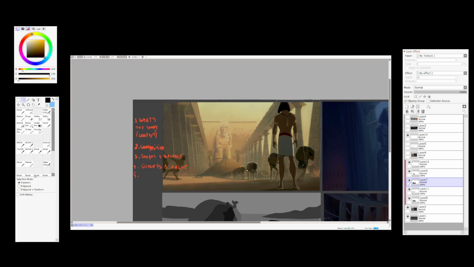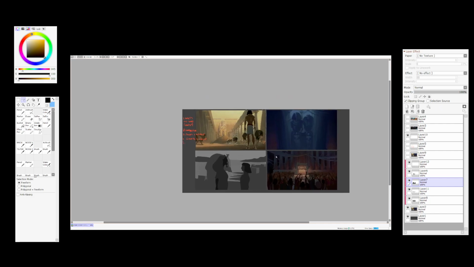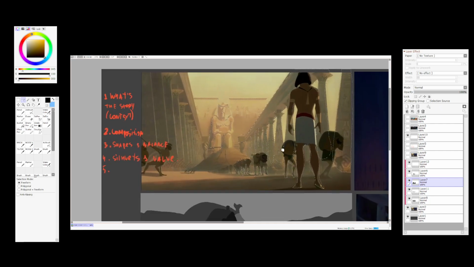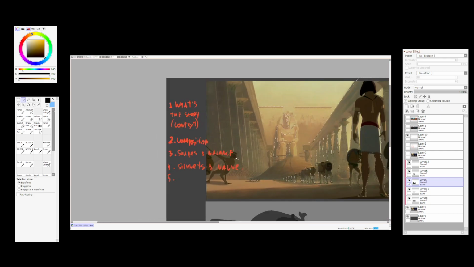And honestly, if I would have been studying keyframes these days, remember here we did everything in 3 values. A lot of my students, what I tell them to do is I say, study the composition in terms of negative shapes and silhouettes and the lighting direction,